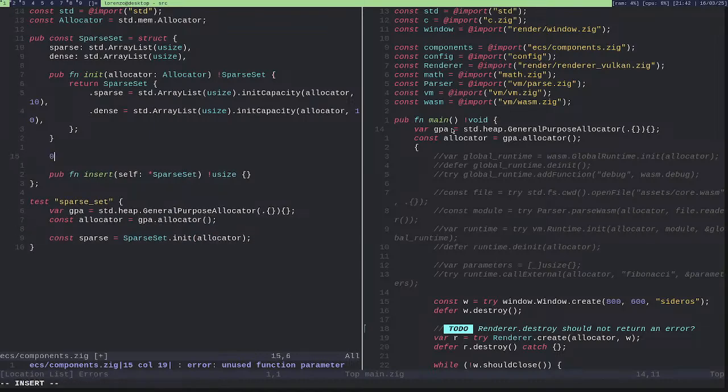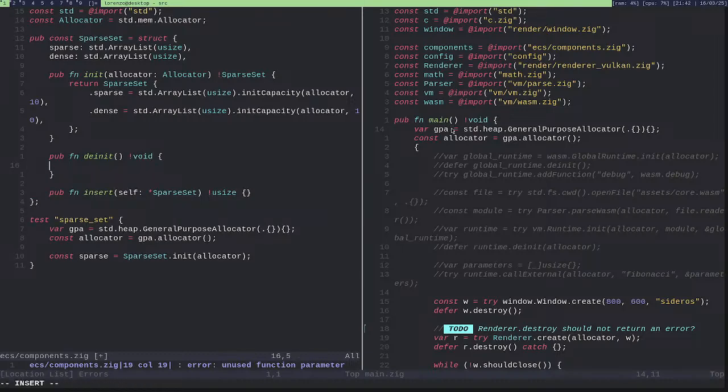And then I also have to de-initialize all of this. And so self.